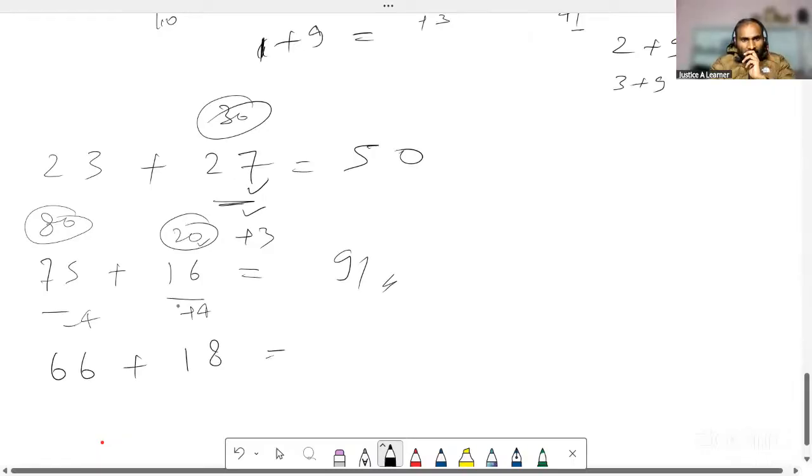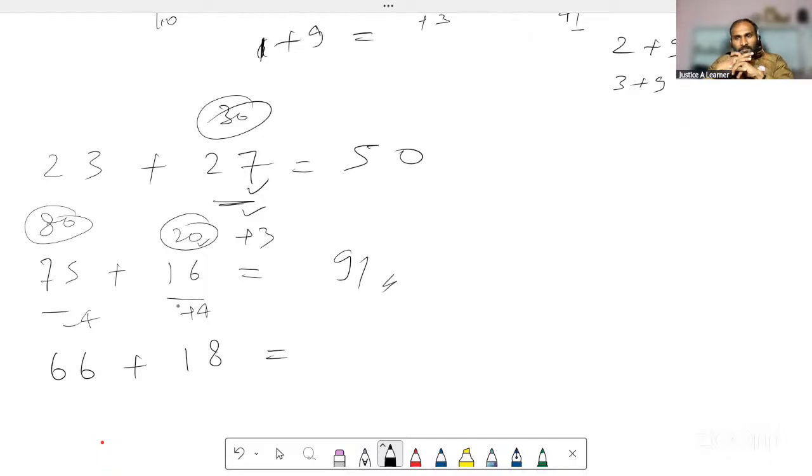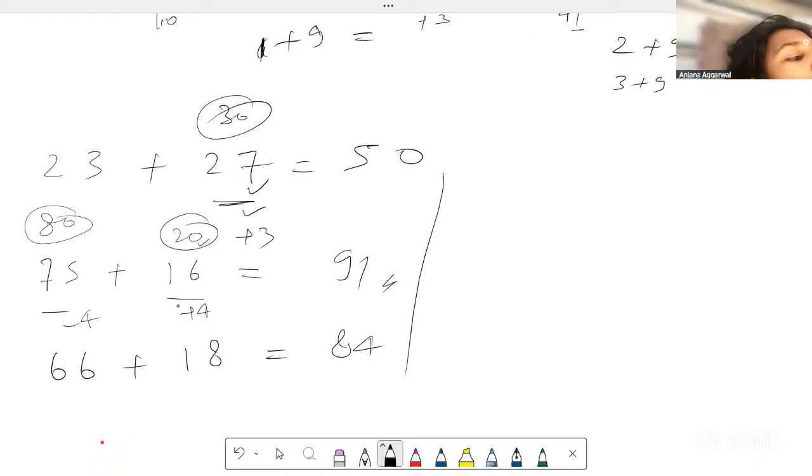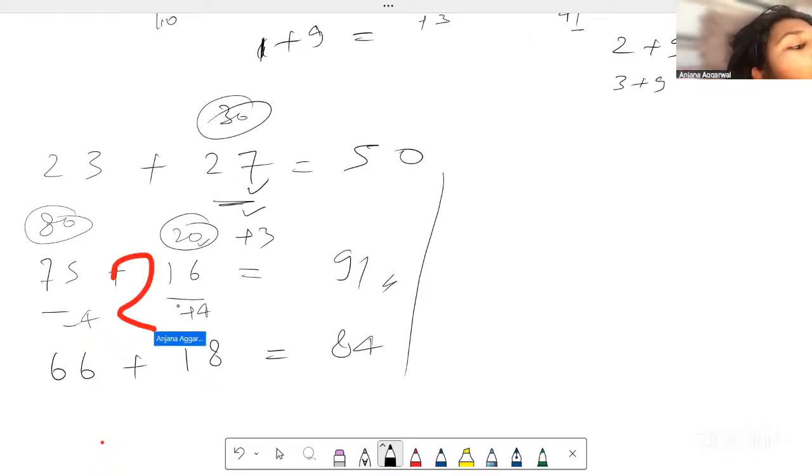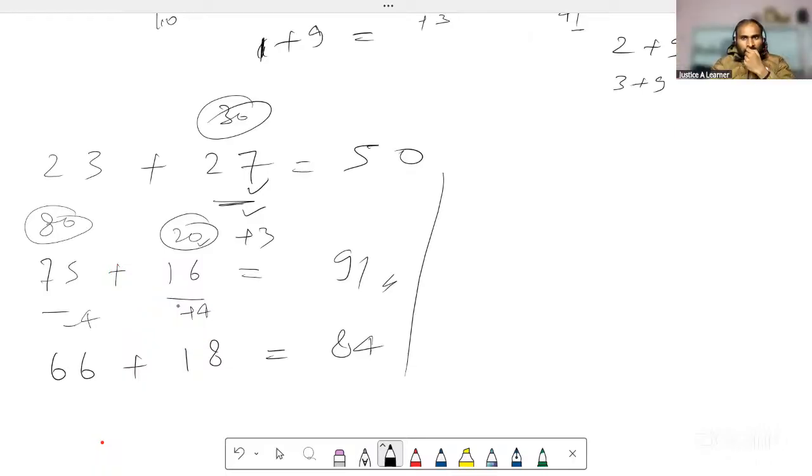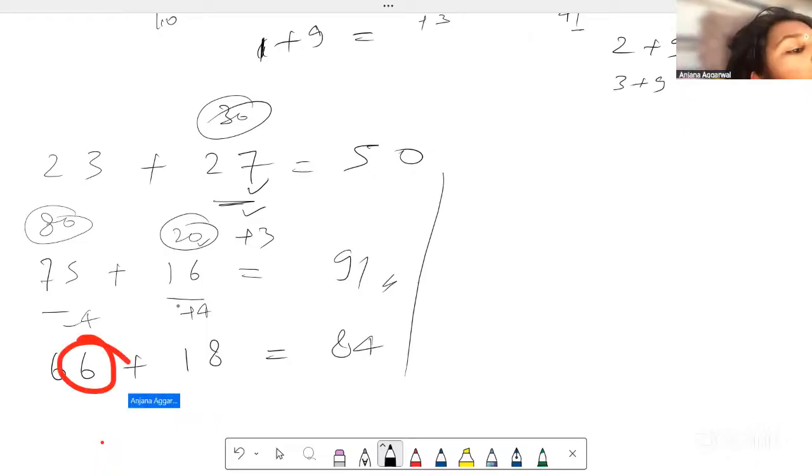Oh, okay. How about this? 64 plus 20, 84. Good job. You did it. To do my method, I need to know 6 plus 8, which will get me double, which I have to do. So which method do you find easier now? If I can't add the one, then your method. If I can, then my method. Yeah, good job.